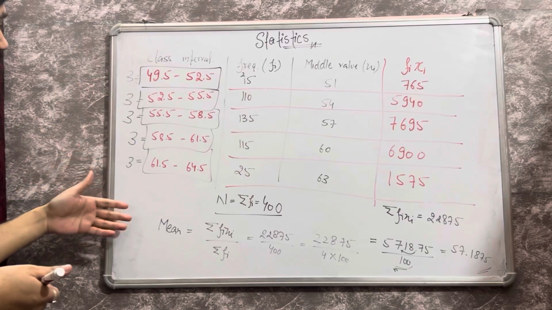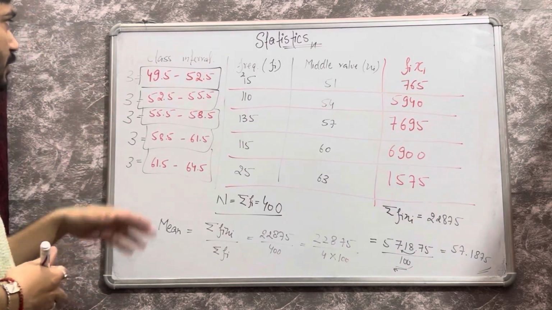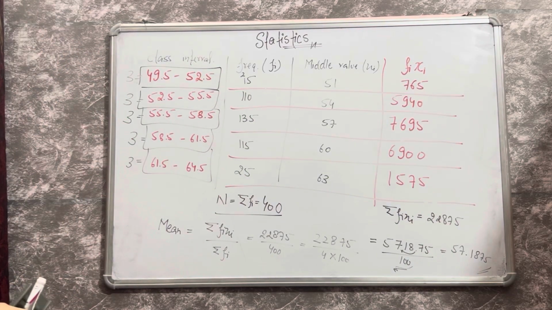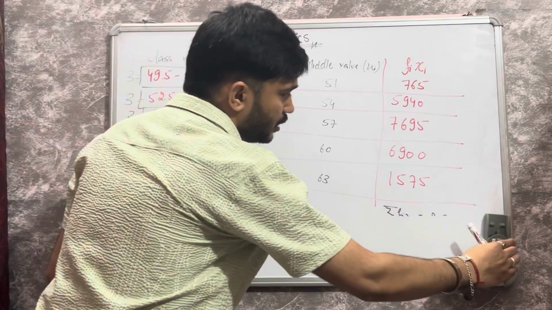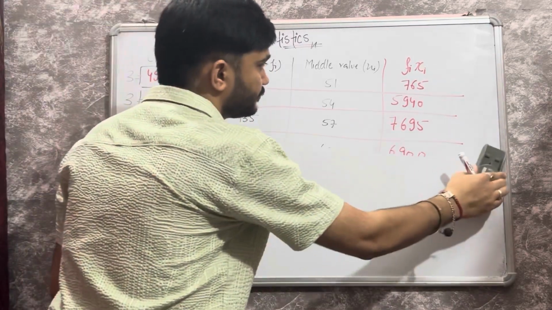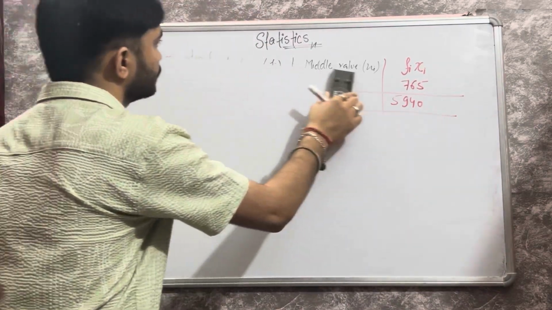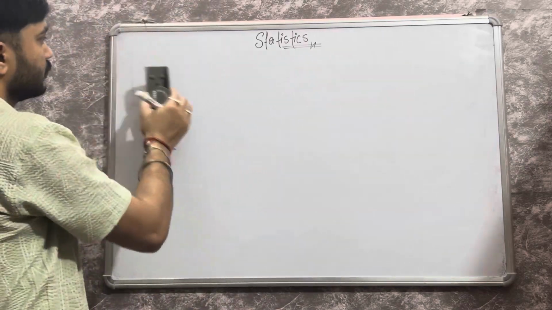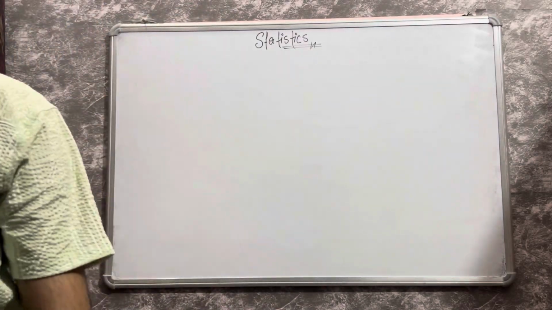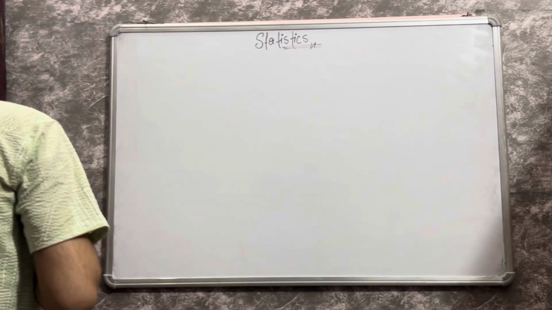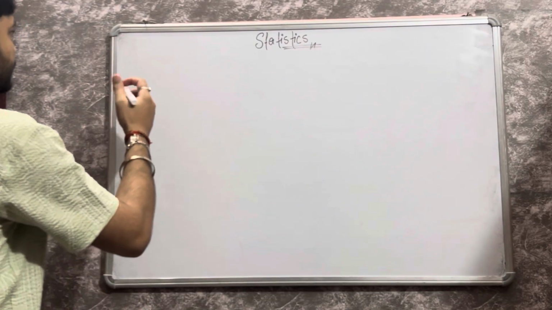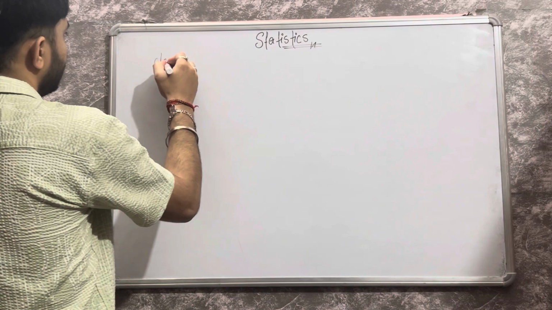What if this difference is not same in the class interval? How are we going to solve that question? Let us look at that. So we are going to solve the next question, that is 8th of exercise first, that is